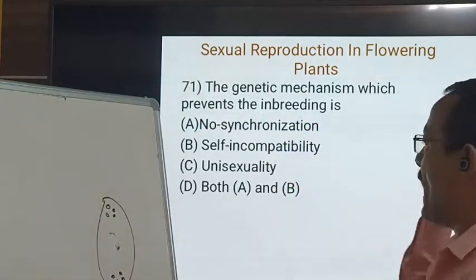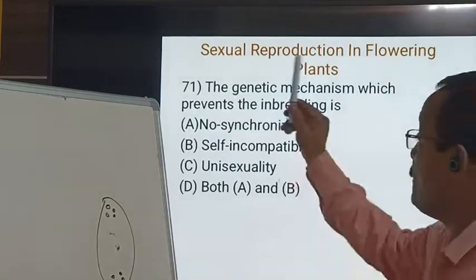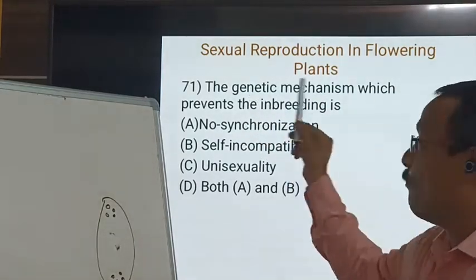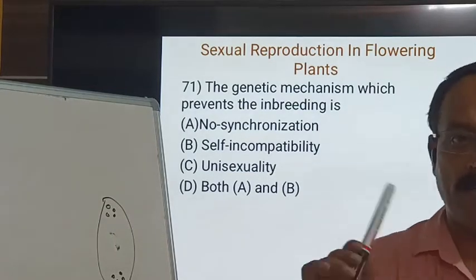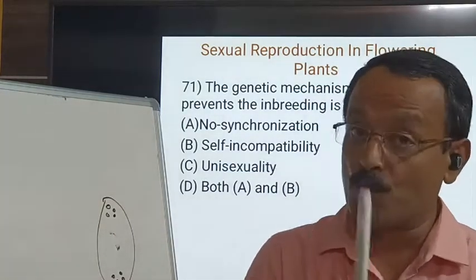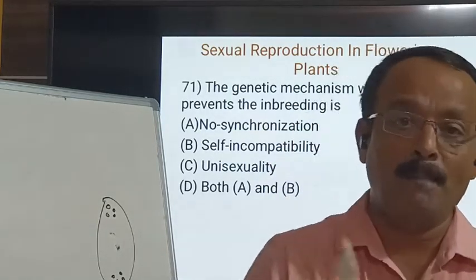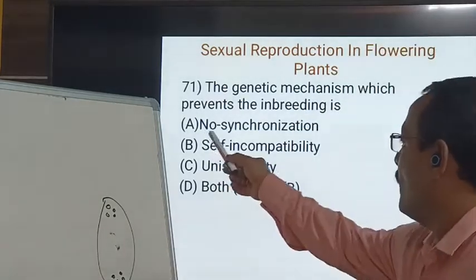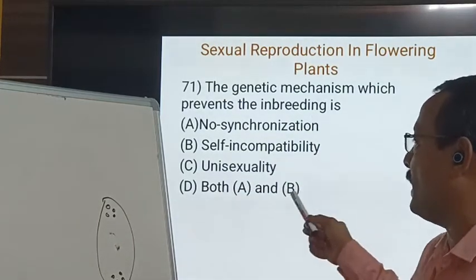The genetic mechanism. See, the question you have to understand: the genetic mechanism which prevents inbreeding. There are many mechanisms that prevent inbreeding, but the question itself is asking about the genetic mechanism which prevents inbreeding. The options are non-synchronization, self-incompatibility, unisexuality, both A. The answer is